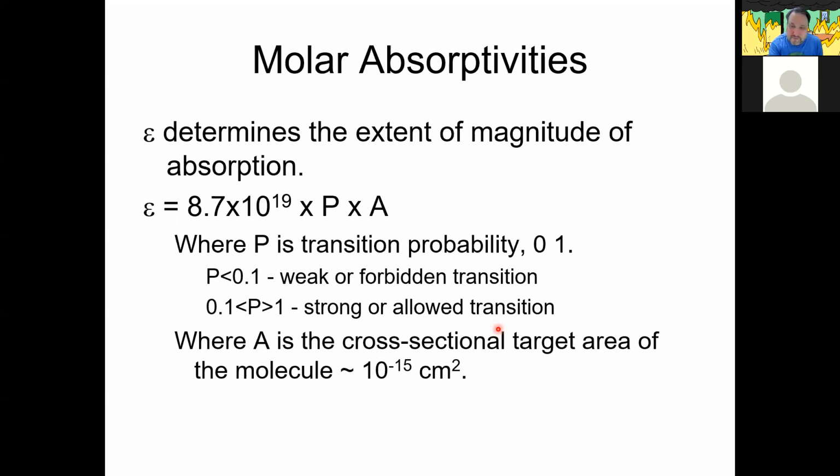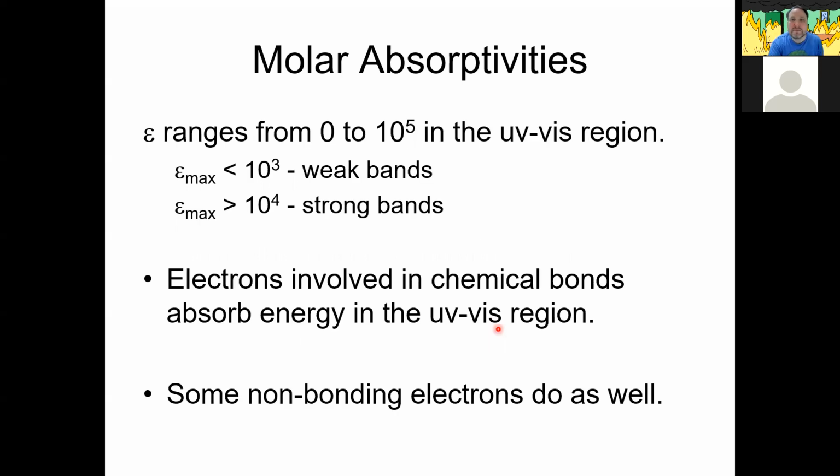Times the transmission probability, where if P is less than 0.1 it is a weak or forbidden transition. If it's between 0.1 and 1, it's a strong or allowed transition. And A is the cross-sectional target area of the molecule. I'm sorry, this we would want to have